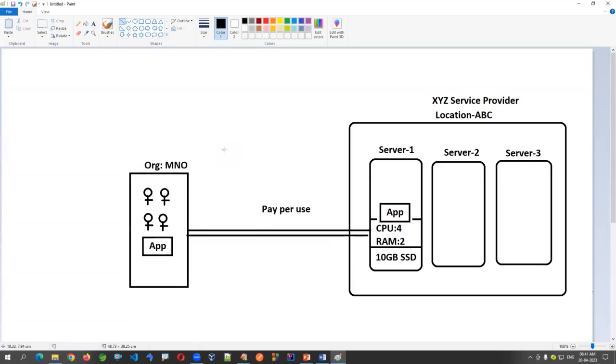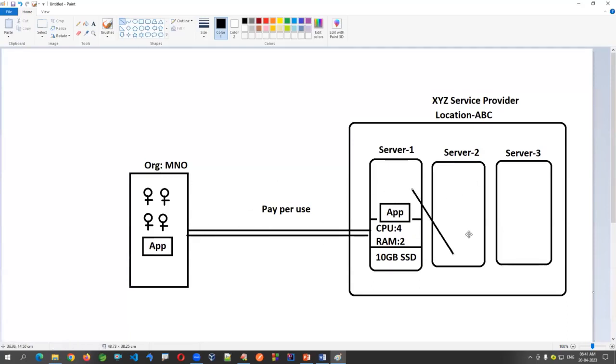Assume that you are in some different location. You are staying in one country or one state, and you are moving to another state or country, for learning purpose or for traveling purpose. There you want to stay for a day or for 2 days. Then you are going to take a room or a hotel for a rental, or you are going to take a taxi for rental. You are going to use it for some period of time and you are paying the money. In the same way, an organization can maintain the servers.